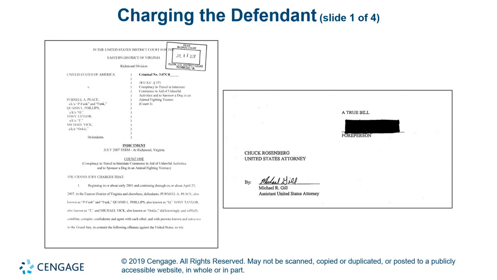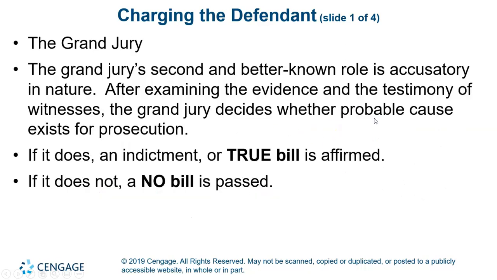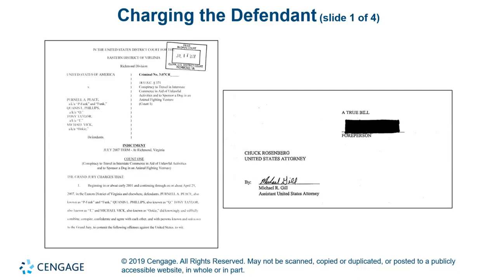Okay? And it looks like this. This is actually Michael Vick's indictment for animal cruelty. It's just the front page and the very back page, but I want you to see what an indictment looks like. And in the back, after everything's listed in this report, it says a true bill, which means what? Which means that the indictment is affirmed, and we believe as a grand jury that there's enough probable cause to indict this person and move forward to trial.